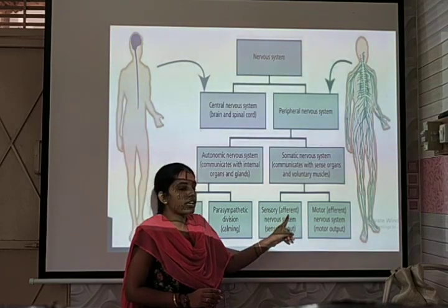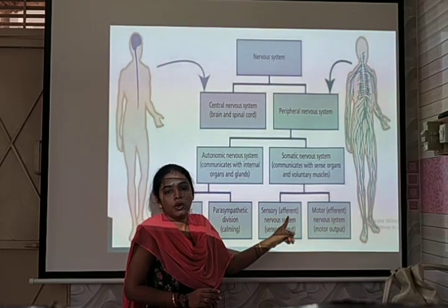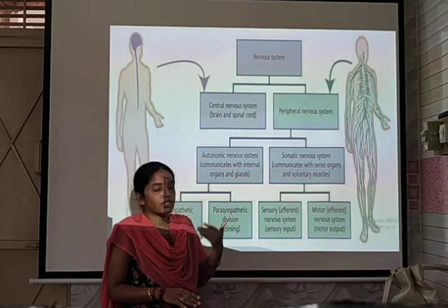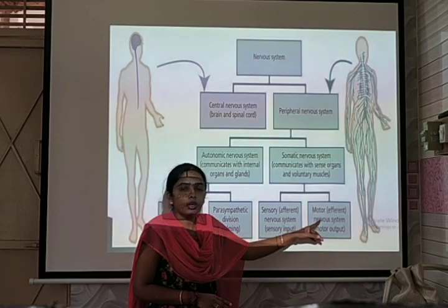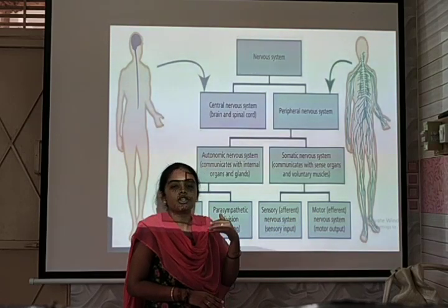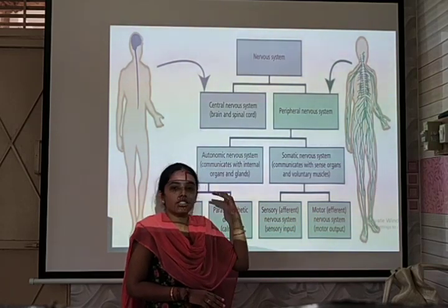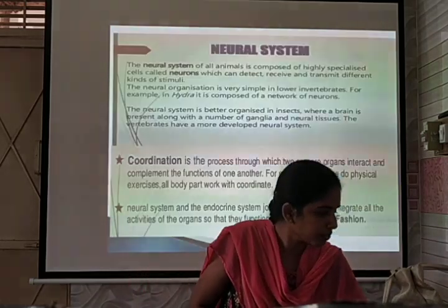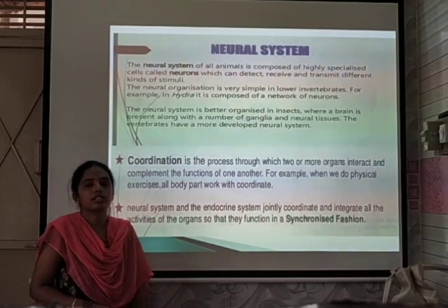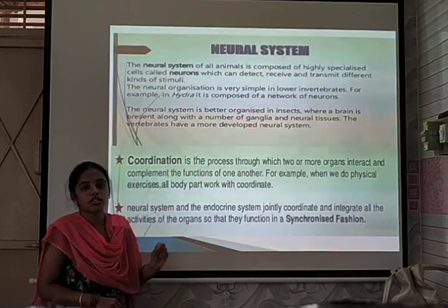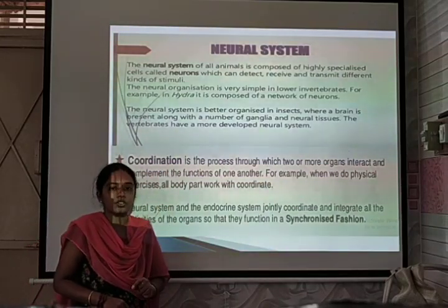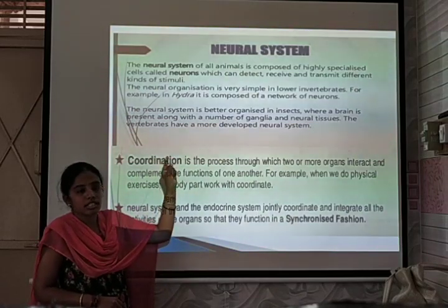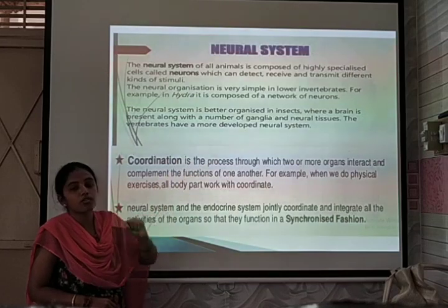The sensory neurons are also called afferent fibers, which are helpful for receiving the signals from the receptors to the central nervous system, whereas the motor neurons are helpful for carrying the response from the central nervous system to the effector region. So next, the neural system, which is a well-organized system, consists of a structural and functional unit called the neuron. So the neuron is helpful for receiving the signals, detecting the signals, and even the transmission of signals